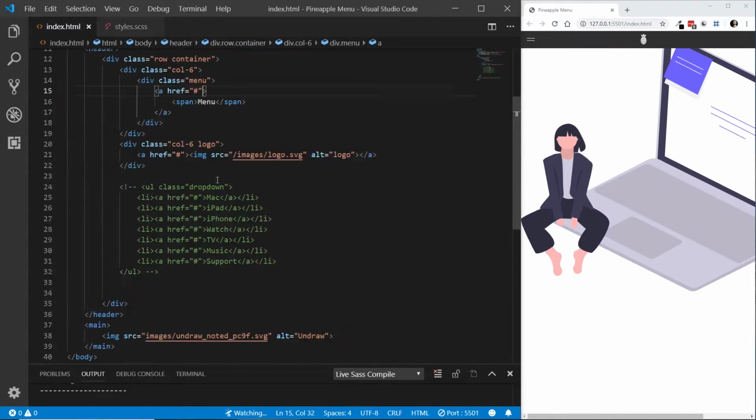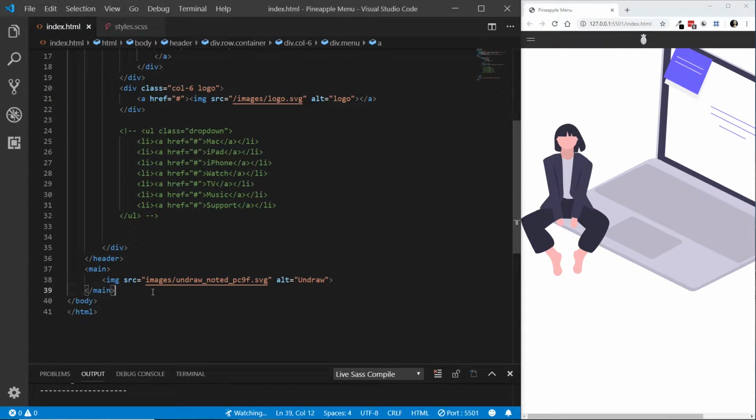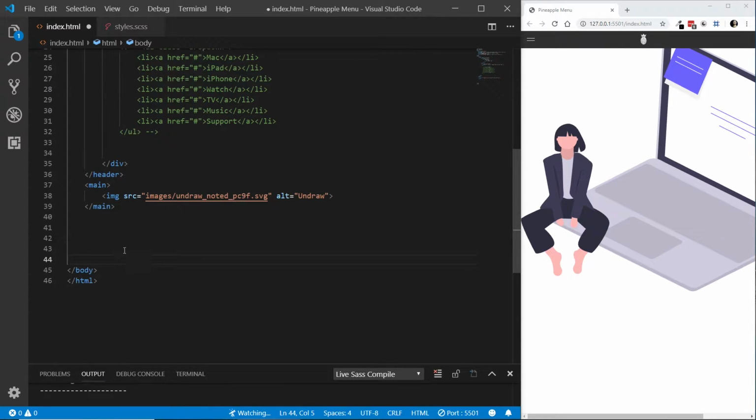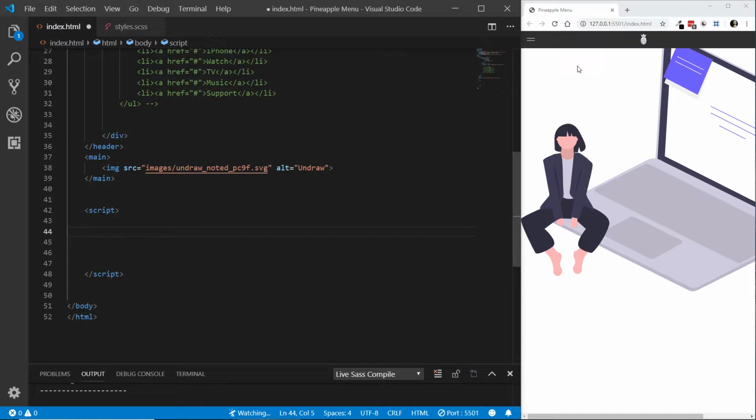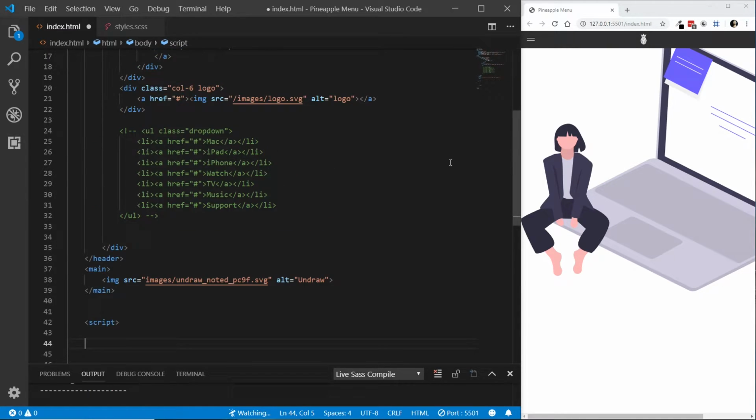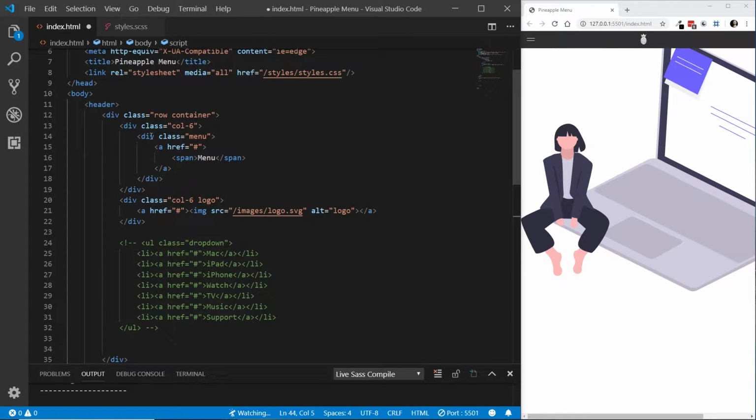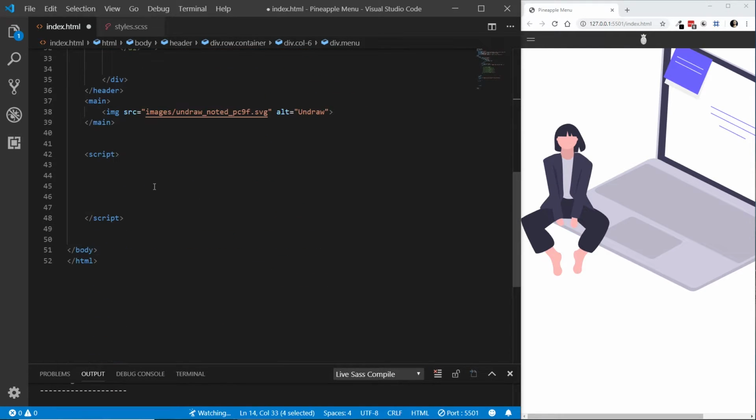And for this tutorial, I will just write the JavaScript here at the bottom of my HTML, as it's just easier. So let's open a script. And also you can use jQuery if you like, but I'm just going to write vanilla JavaScript. First of all, we need to create an on-click event. And to do this, we need to find out what the button is called. So when we click the div menu with the class menu, we need something to happen. So let's copy that and do